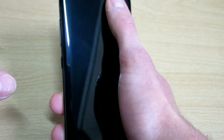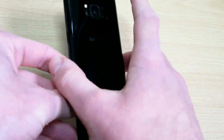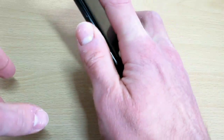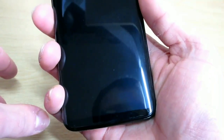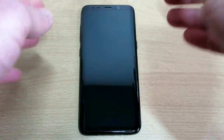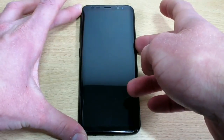whereas if I was to go to the top of the screen there, swipe down the notifications, I can get to that easy, but I struggle to find the fingerprint. If it was on the left it'd probably be better, but with it being on the right, not so good. If you're left-handed, I mean, that's probably perfect for you, but it is hard to reach. That is a problem. Anyway, let's boot the phone up,